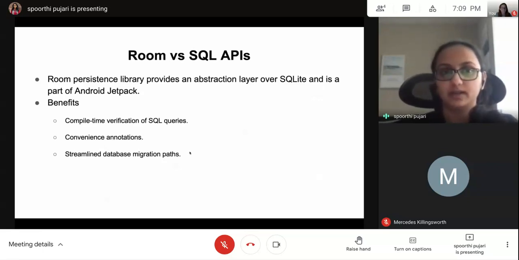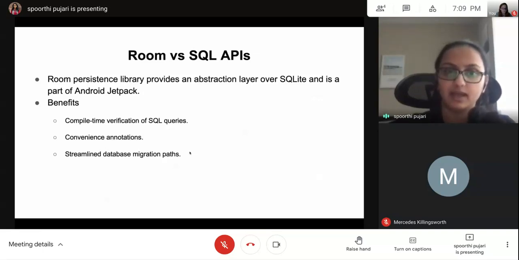So Android has provided a library called Room, which is an abstraction layer over SQLite, and it is a part of Android Jetpack. Android Jetpack has a bunch of libraries which make it easy and which provide functionalities for many simple operations. Some of the benefits of Room is that there's compile time verification of SQL queries.